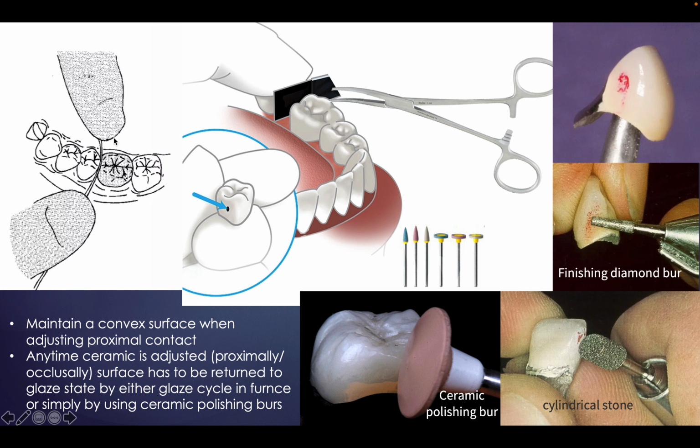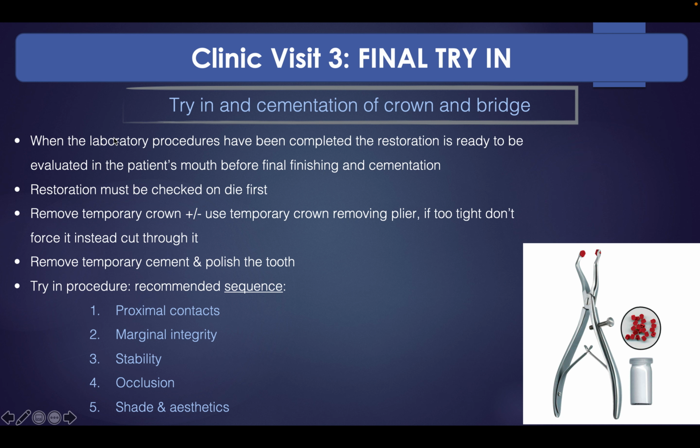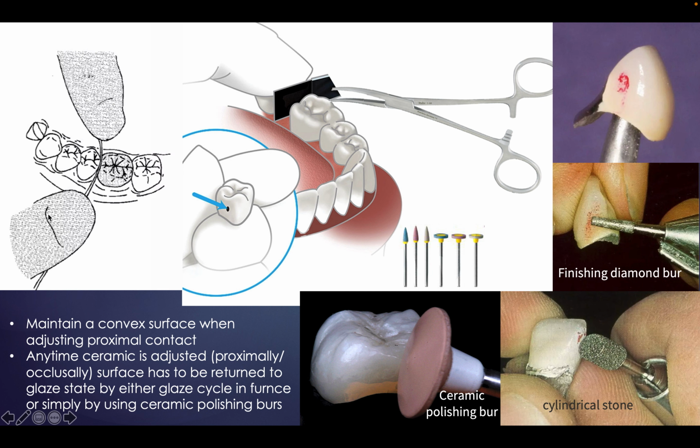This is how the first check, in the sequence of trying in, is the proximal contact. How do you check it? With a floss or articulating paper. If it's too tight, which is the usual consequence, you adjust it with a diamond, polishing burr, or a cylindrical stone, white stone or green stone,